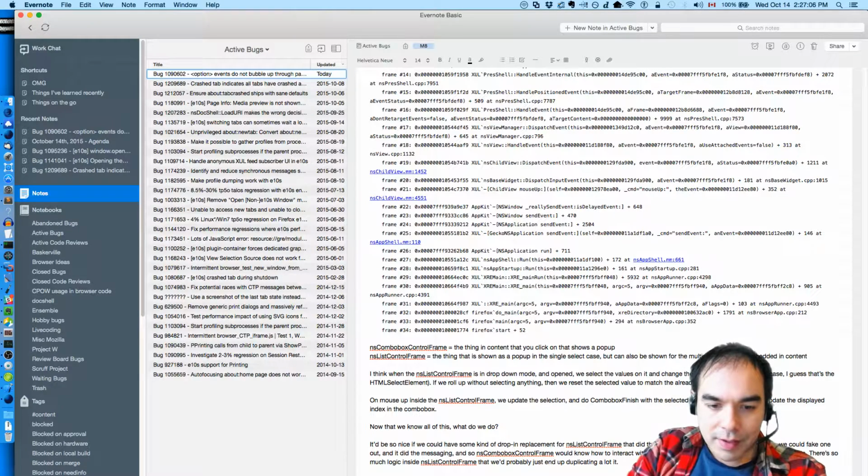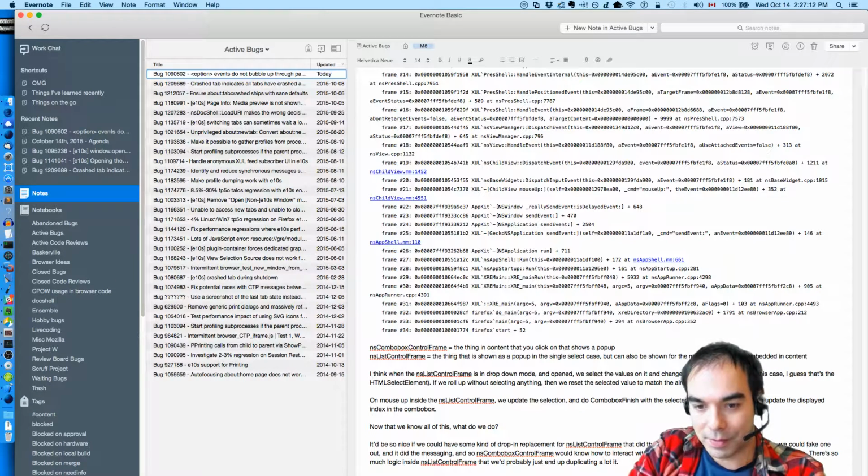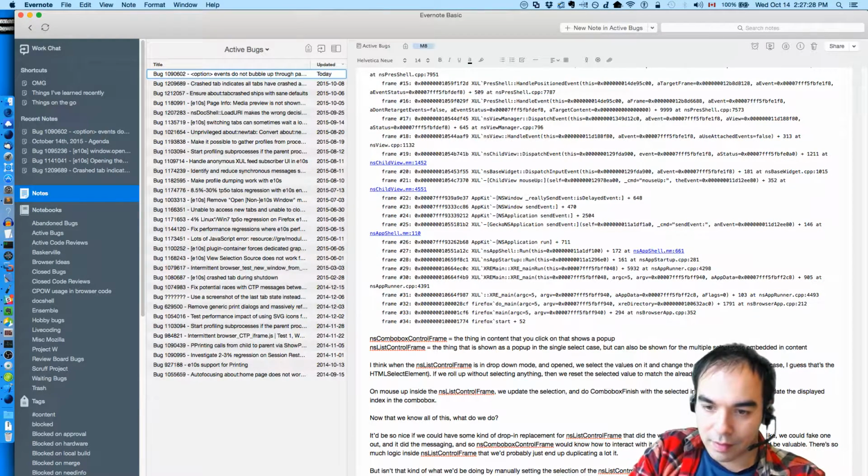We might have to add a special mode to NS list control frame for, like, invisible or remoted or something, so that the NS combo box control frame believes that it's open when it's opened in the parent. It's kind of what we've already done.